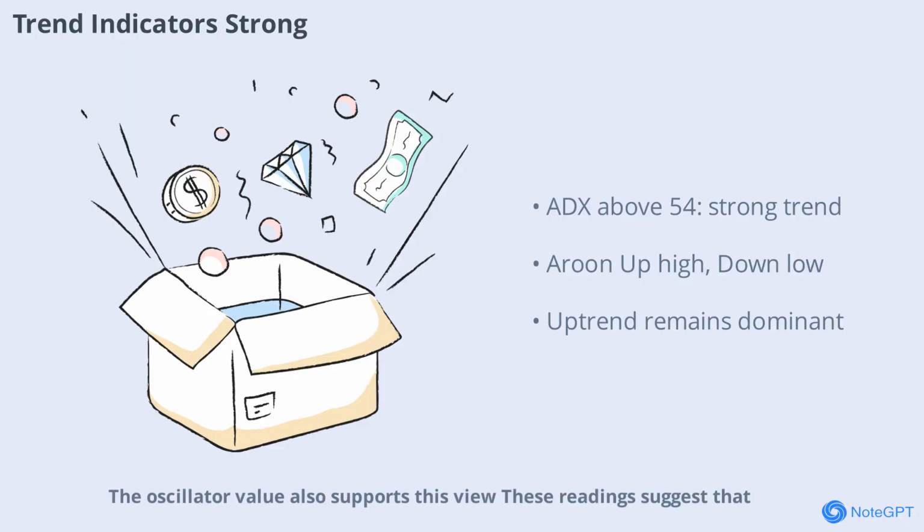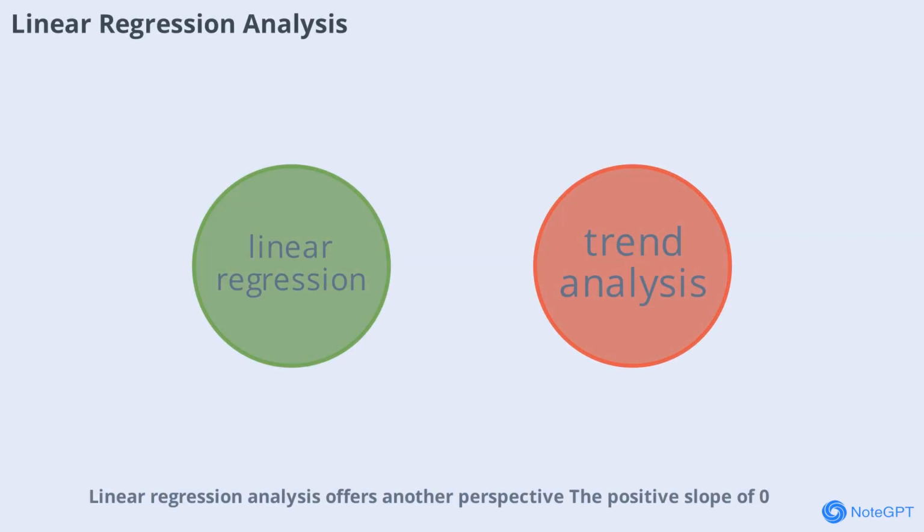The oscillator value also supports this view. These readings suggest that overall the bullish trend is still in play even if the pace has slowed. Linear regression analysis offers another perspective. The positive slope of 0.1386 confirms the upward trend, and the R-squared value of 0.8287 indicates a strong correlation between